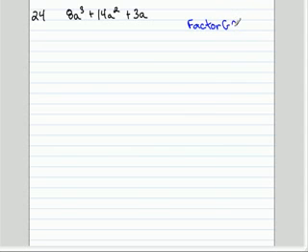The GCF in this case is an a, because all of the terms have an a and the smallest exponent is a to the 1. I'm going to factor an a out of all those. So a leaves me a squared plus